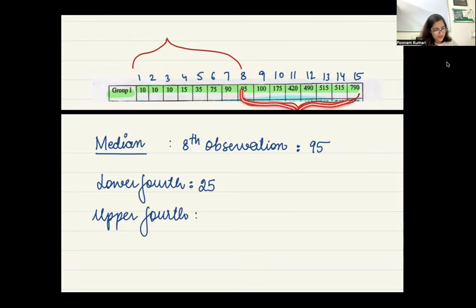455. So basically these observations. And what do we have to do here? We have to take which observations? You remove 3 from here, 3 from here, the 11th and 12th. Then you average these two. So what is the average of this? 490 plus 420 divided by 2. So what is that going to be? 910 divided by 2, which is how much? 455. This is fine so far.